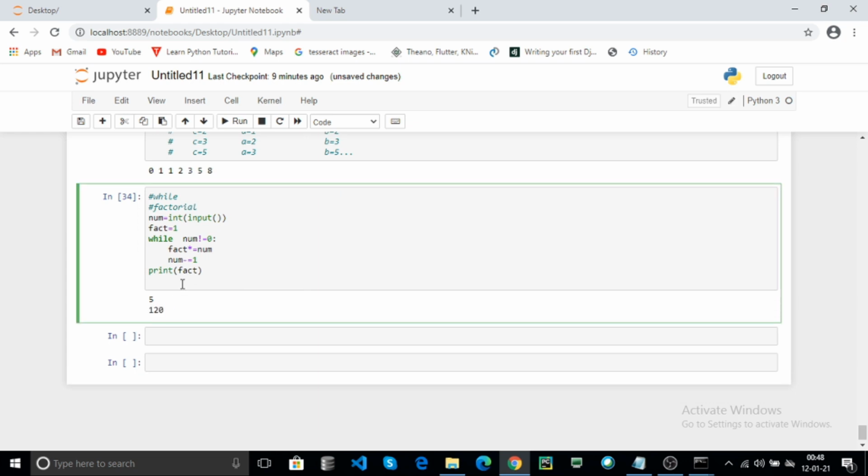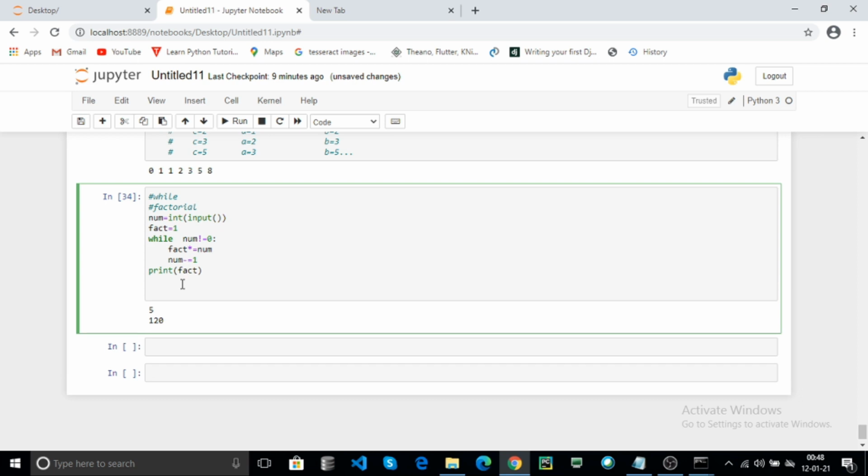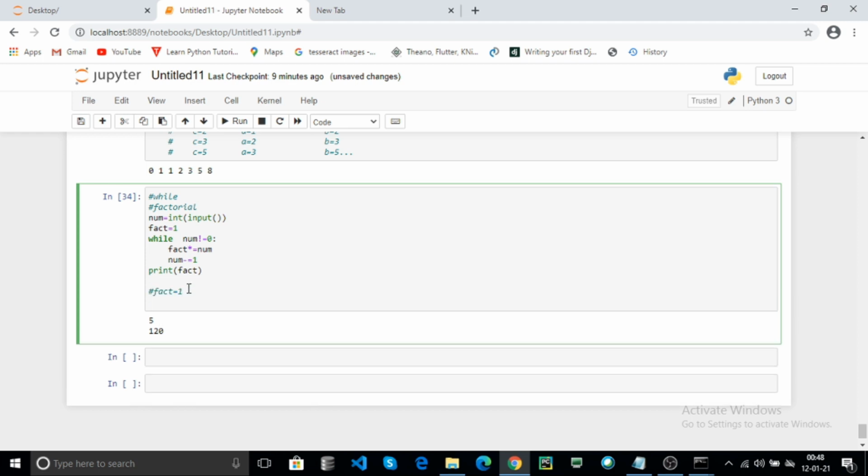How does it work? While loop, initial fact equal to 1. In the while loop, it checks the condition number not equal to 0, calculates fact equal to fact into number, and decrements the number by 1.